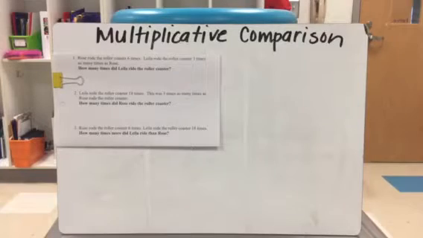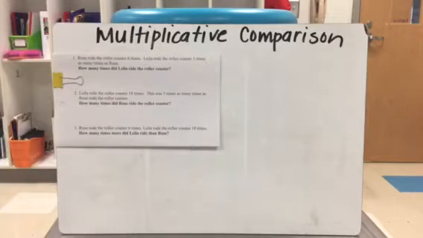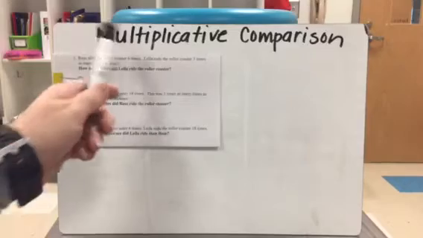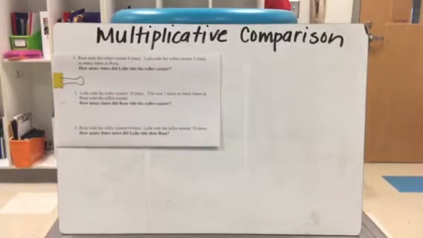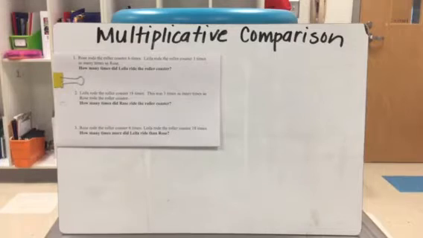In this video, I'm going to be modeling for you how to solve multiplicative comparisons. A multiplicative comparison is when you are comparing two values or two people and what they have, or two groups of objects, but there's a multiplication relationship there. So I'm going to go through three different ways that a multiplicative comparison could be worded or asked, and you'll